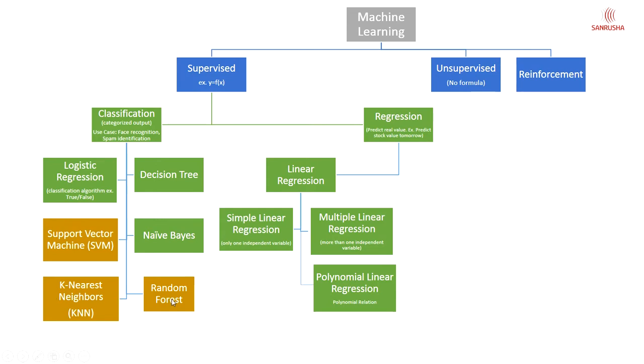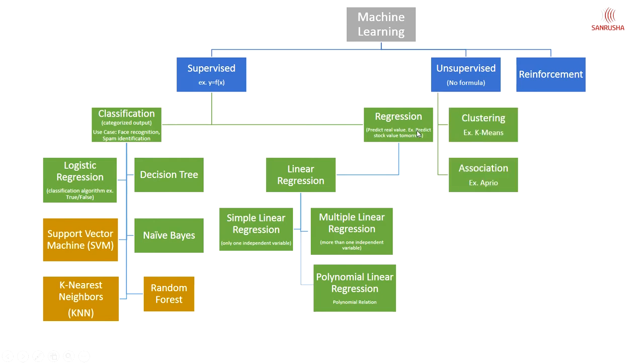and random forest. The classification is basically where what you are predicting is a yes or no kind of thing. Binary, either you are predicting yes or no, or you have a set of values and you are predicting which one of these values is going to happen. So classification is like classifying your data and your result into certain buckets. The support vector machine, k-nearest neighbor, and random forest can be used for classification as well as regression.